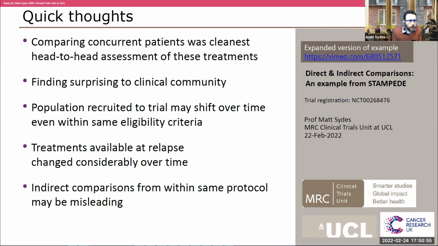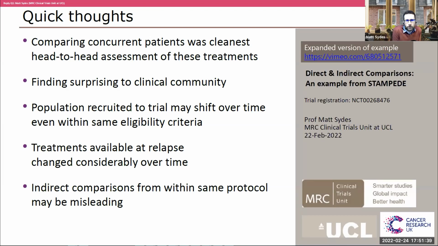So why is this? Well, partly the population recruited to any trial may shift over time, even with the same eligibility criteria. And that happened a little bit here. When we stopped recruiting to the docetaxel comparison, when we stopped having a chemotherapy arm, people became a little bit more willing to put in their older patients, even though the eligibility criteria hadn't changed. And we also had another arm that had been added looking at only metastatic patients, which later on overlapped more with the abiraterone comparison. So while the abiraterone arm and the control patients were fair across, they did have proportionately more metastatic patients going in over time.